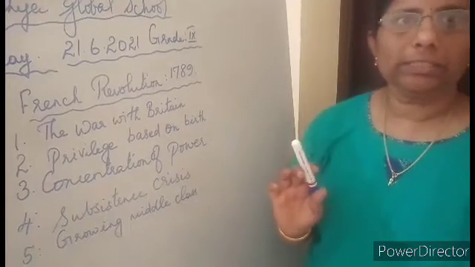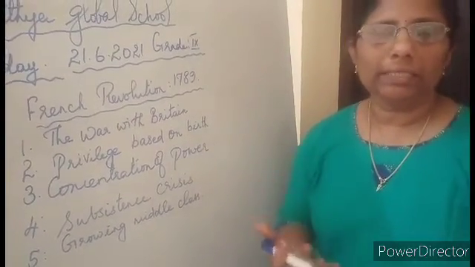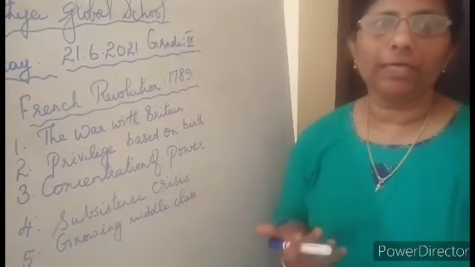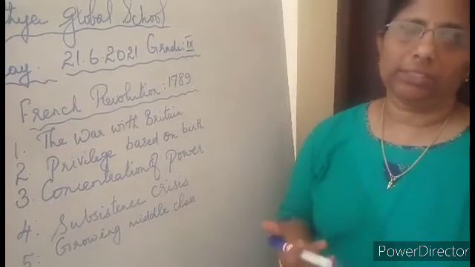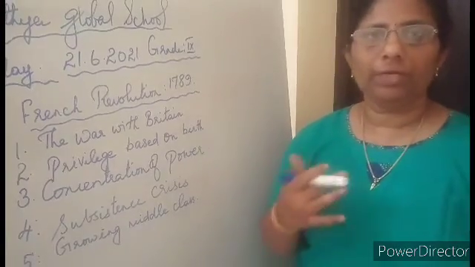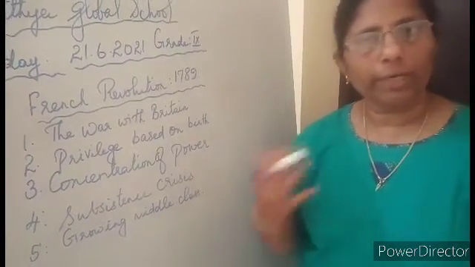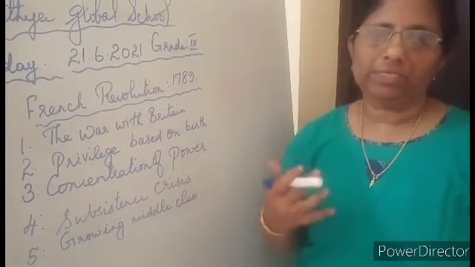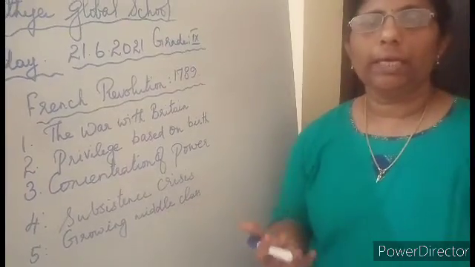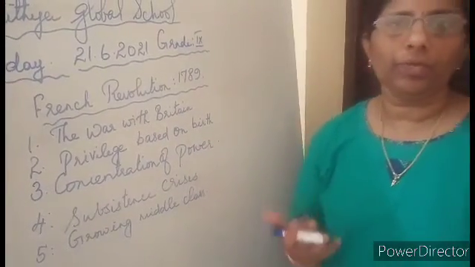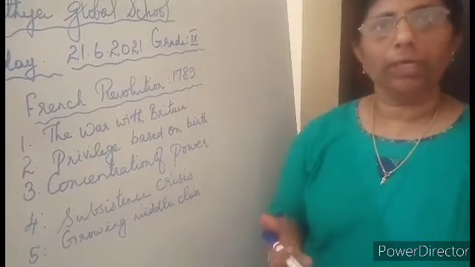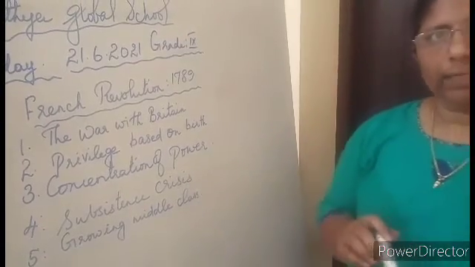When Louis XVI ascended the throne, he found that the treasury was empty. So he had to raise funds. In order to raise his funds, he imposed taxes upon the peasants. Already they did not have their own land. They worked under someone else's land. So their financial crisis was there. Already they were struggling for their livelihood. Then again Louis XVI, in order to fill his treasury, imposed taxes upon the people. That is also another reason.